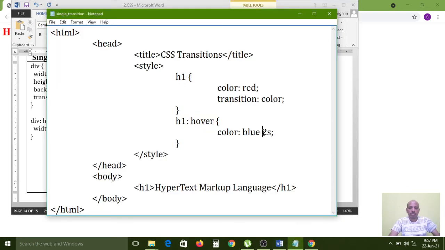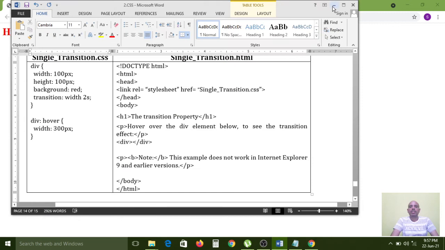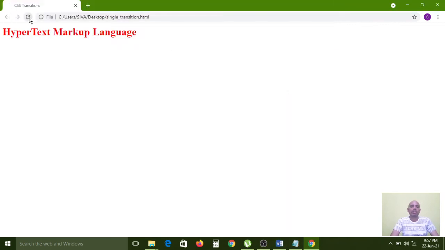Sorry, a value is not required here. 2s we need to mention here only, because the time duration should also be applied along with the transition property, right? Now I am going to refresh the page. It is also not applied.